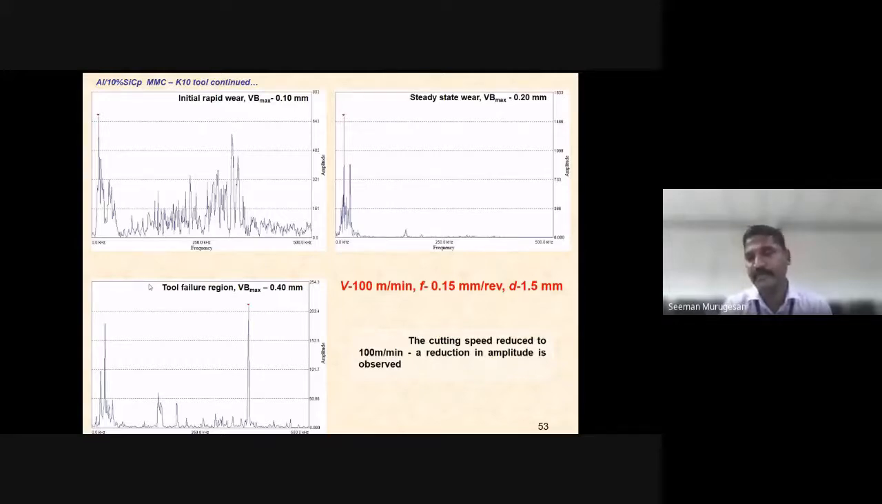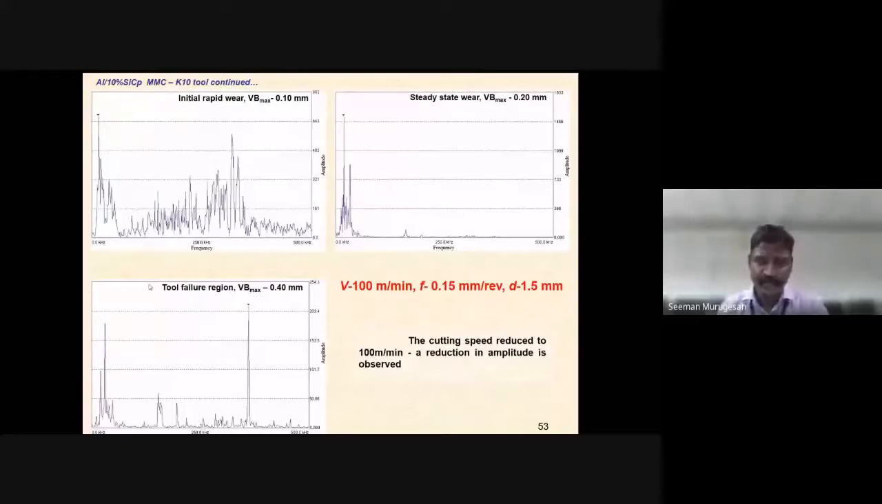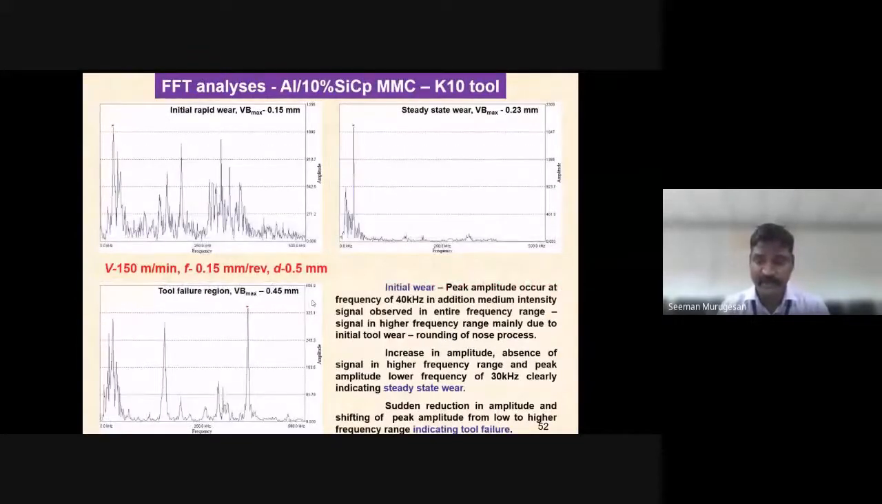Here also, under the medium cutting condition, the cutting speed is reduced, so the amplitude of the intensity of the acoustic emission signal will be reduced. You see here it is 800, this is 1800, this is 250. Under the higher cutting combination, the intensity of the AE signal will be higher in amplitude: 1300, 2300, and around